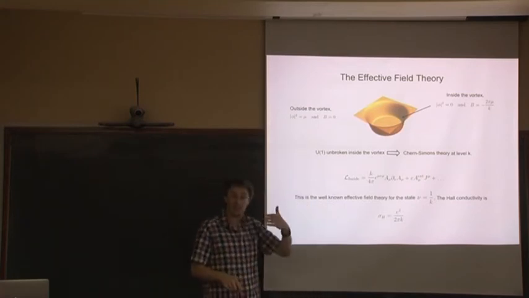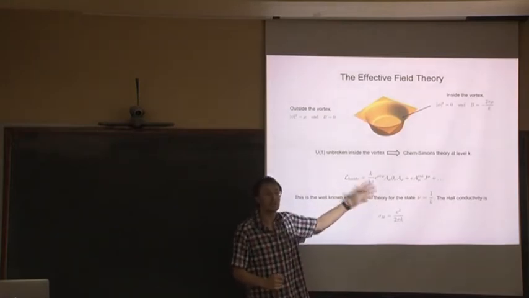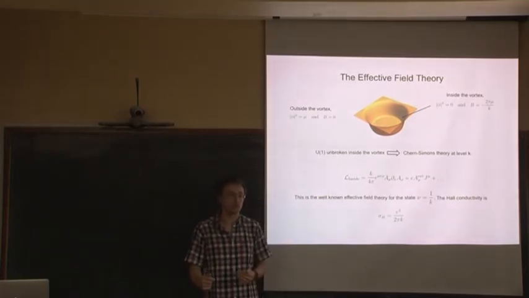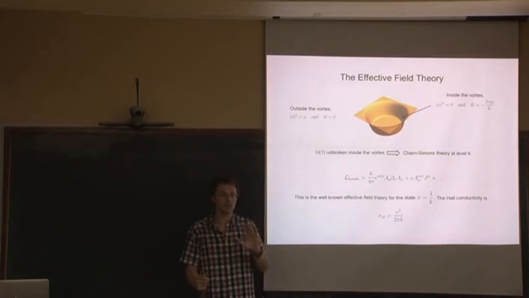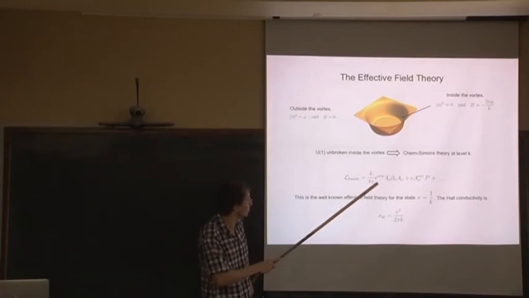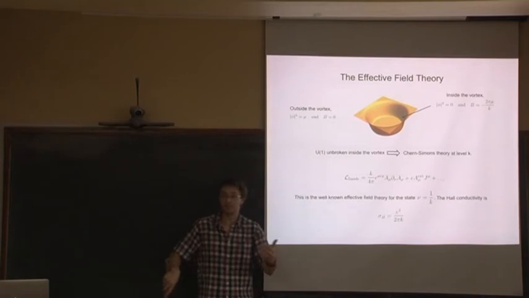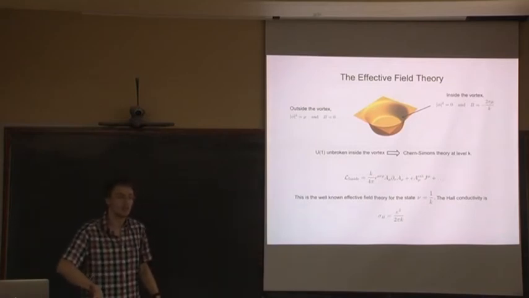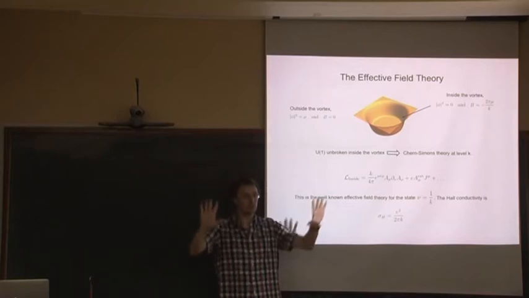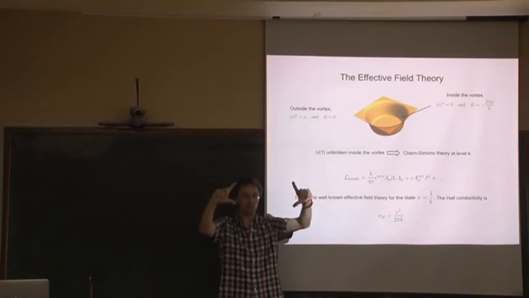Which means that the effective dynamics inside the vortex is just the Chern-Simons theory. But it's been known since the early 90s that this Chern-Simons theory is the low-energy effective theory for the fractional quantum Hall. It's something we'll review in the lectures next week. And it's very easy to prove on general grounds that the Hall conductivity you get from this is precisely the Hall conductivity you expect of the fractional quantum Hall state. So what these vortices have done is that, by putting lots of them together, you've got this region of space where U1 is unbroken. And you know that U1 Chern-Simons theory is quantum Hall physics.